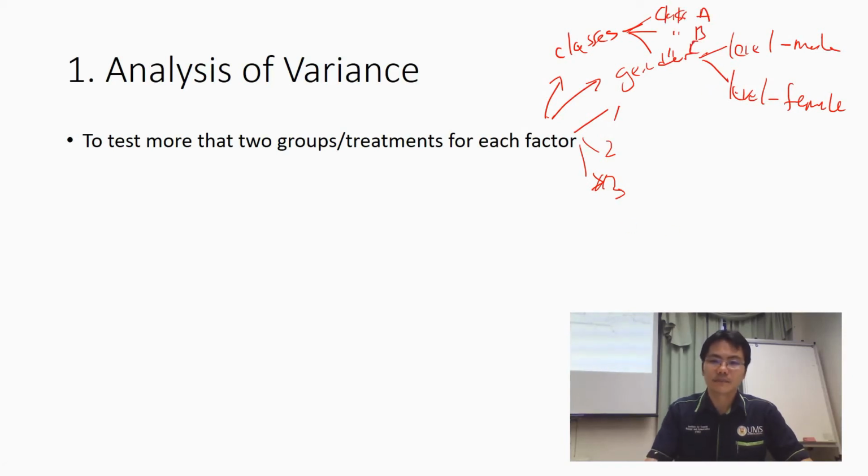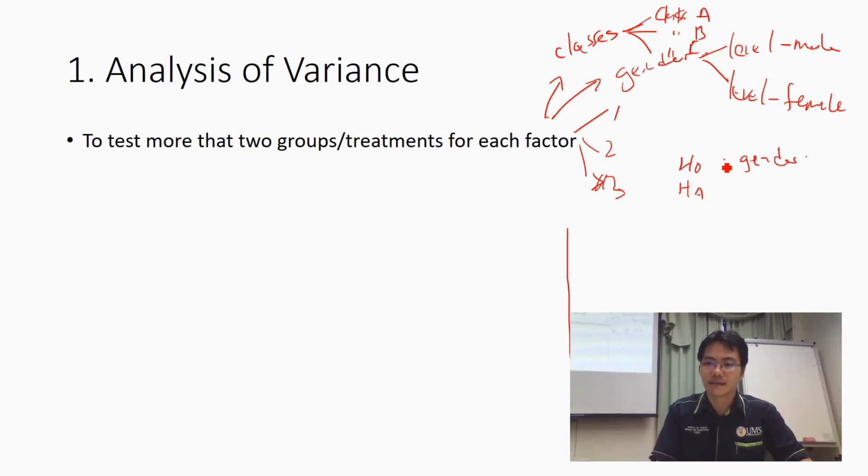Okay. So in normal cases, if you collect your data, okay, so you want to test is there any significance between the body height, okay, between the gender, and also between the different classes. So in this case, you take two different sets of hypotheses. So you have one alternative hypothesis to test is there any differences between gender,